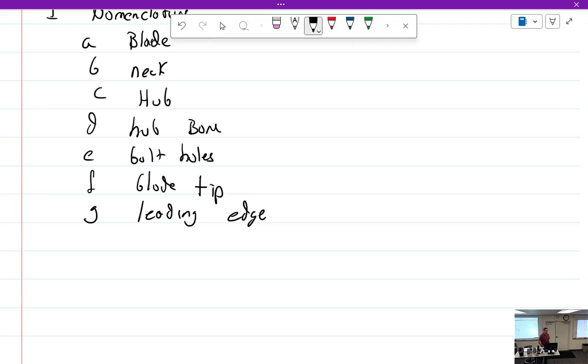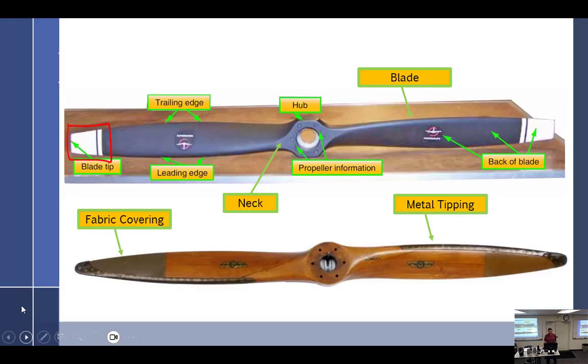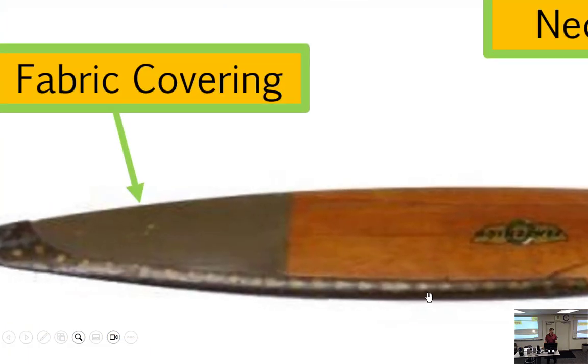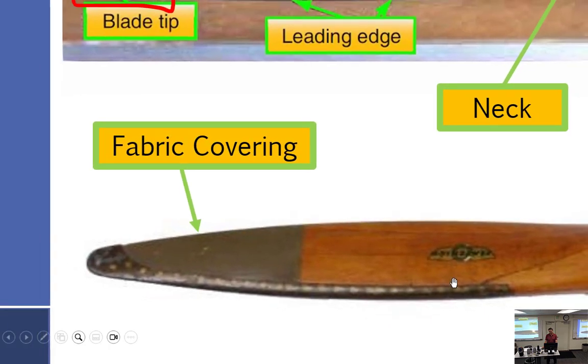All right, we got the leading edge on aluminum propellers. The leading edge is just part of the aluminum, and you file it down until it isn't any good anymore. On modern composite propellers, no, let me back up one. Start with the old ones. Wood propellers have a brass edge that goes around them to protect them from rocks, chips, and rain. Rain is hard on props. So they have a brass tipping.